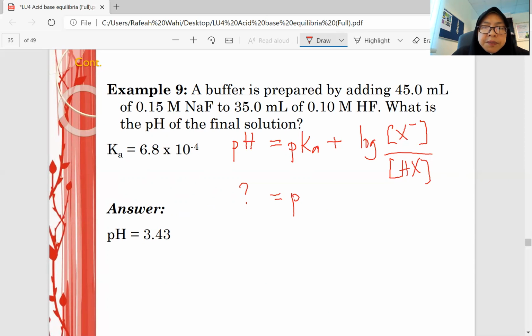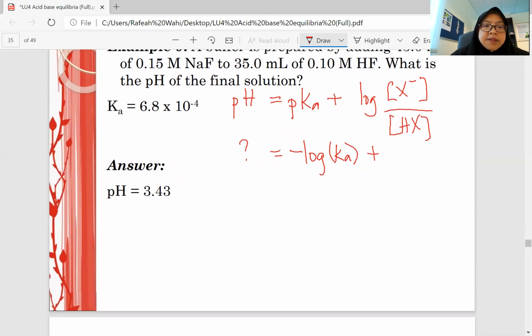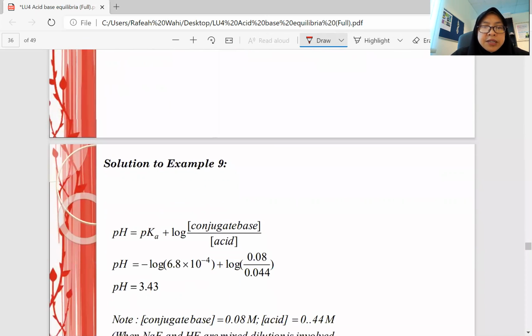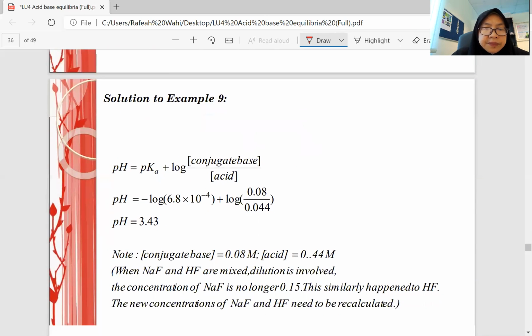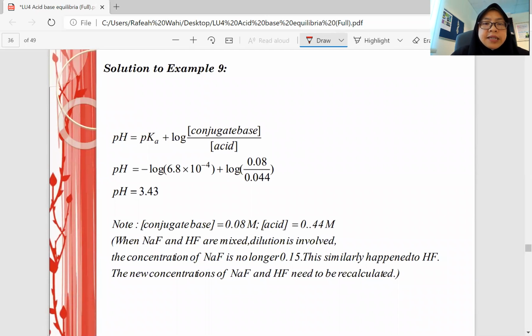So P here, what does P mean? P means negative log. So remember, P function always means negative log. Okay, so you can substitute Ka here, and you substitute the value for F- and HF, and you will get the answer 3.43. So this is the solution. Okay, it's just straightforward application of the